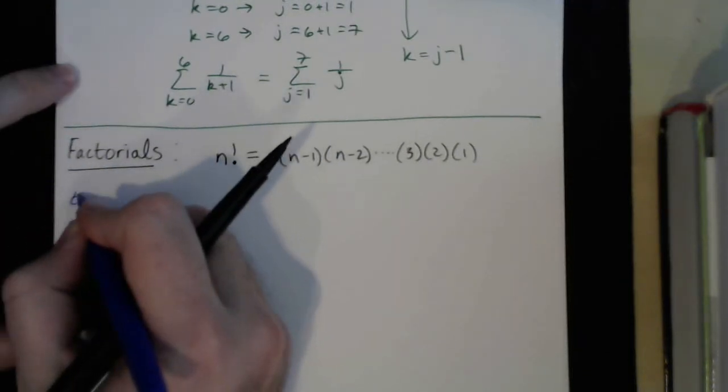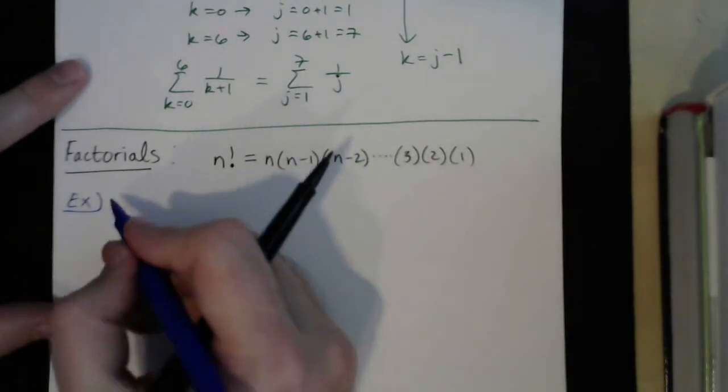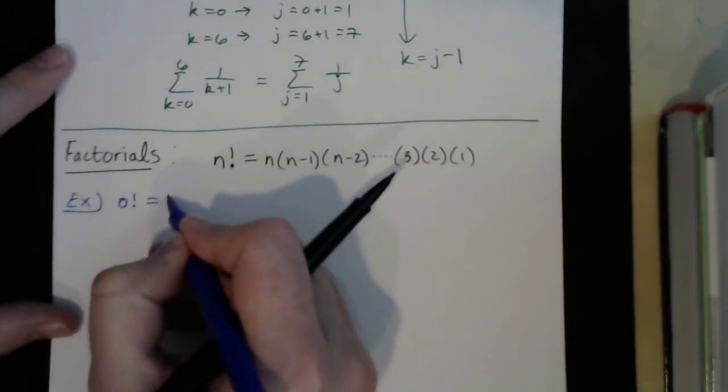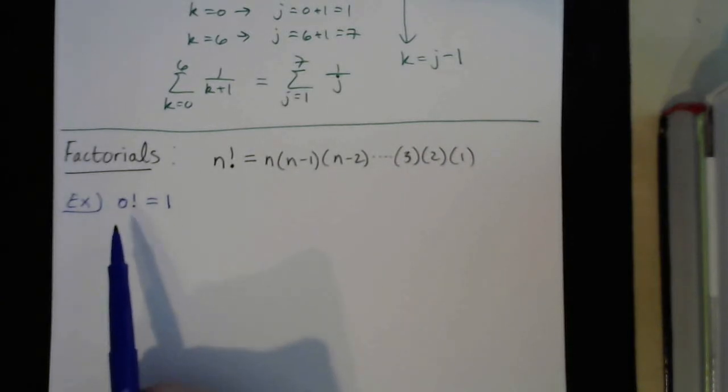All right, so for example, we'll just do a couple here. We'll do the common ones. So 0 factorial should equal 1. And I'm going to digress a little bit here. This is usually the place where people ask, why the heck is 0 factorial equal to 1? And the best answer I can give you is that factorial is very ubiquitous with counting problems. And if you look at the factorial as counting up the number of integers and then multiplying them, there is only one integer,